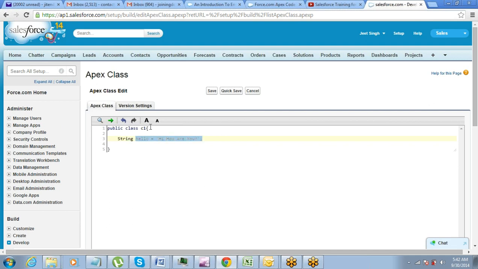Okay, I want to call this string, or I want to use the string on my Visualforce page. So I cannot call a variable directly on the page. I have to define a method, because on the page you can only call a method, right? That method can return something. So I will write a method with a return type string. So that will be a get method. A getter method is what it is called. So a get method can get you the value from the code. Okay. So I would write public